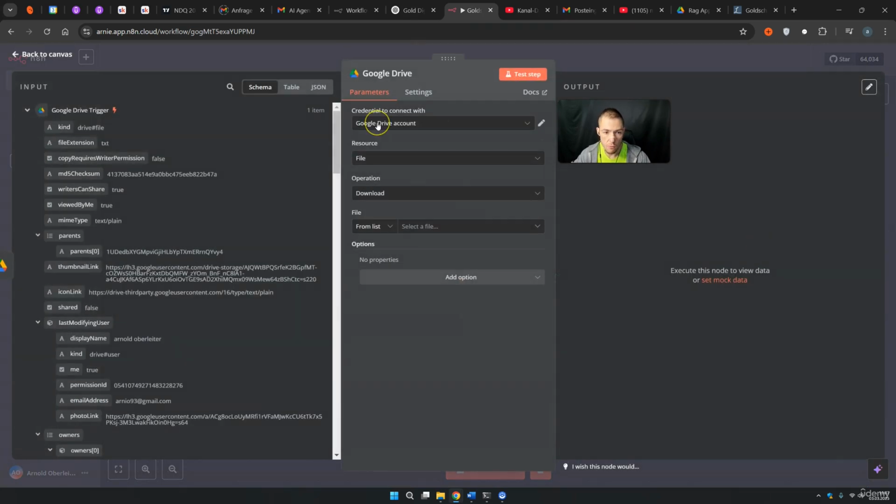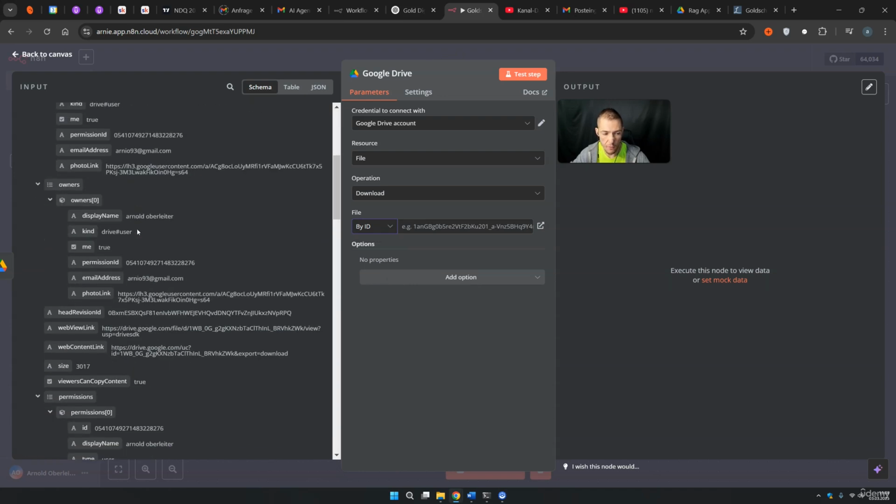Download file. Google Drive account is created. Resources file, operation is download, and the file we want to have, the file of course from the list. Basically every time as soon as we insert something we want to download it. Or actually let's just say by ID, then we can come here on our schema, we scroll down until you